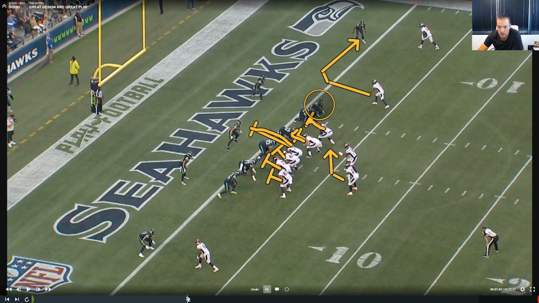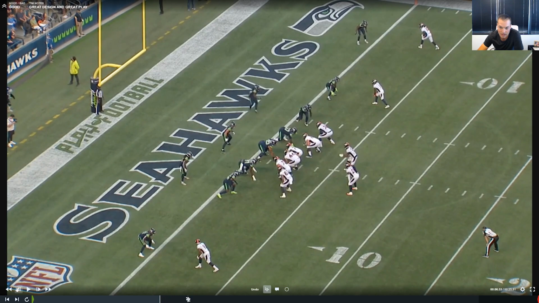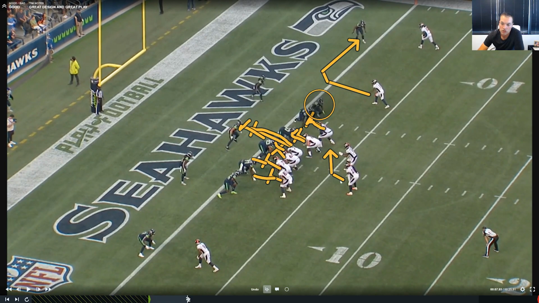We're here. We're double teamed up to the backer. We're here, and we're here, with this guy creeping in, okay? So with this guy, the nickel creeping off the edge, we can't account for him. So to me, this turns into, okay, we know that we can't account for him numbers-wise in zone, so we're